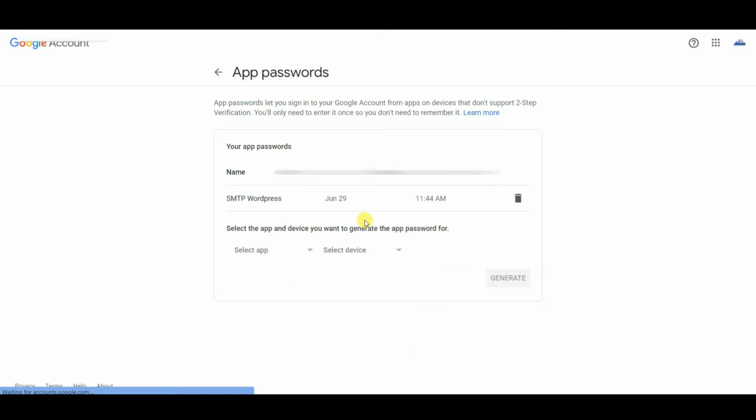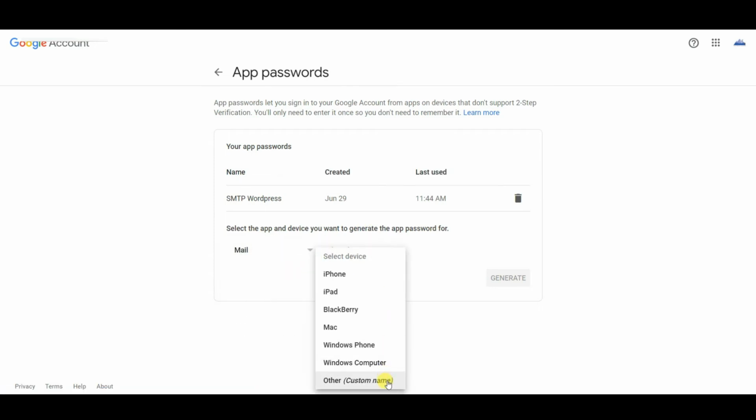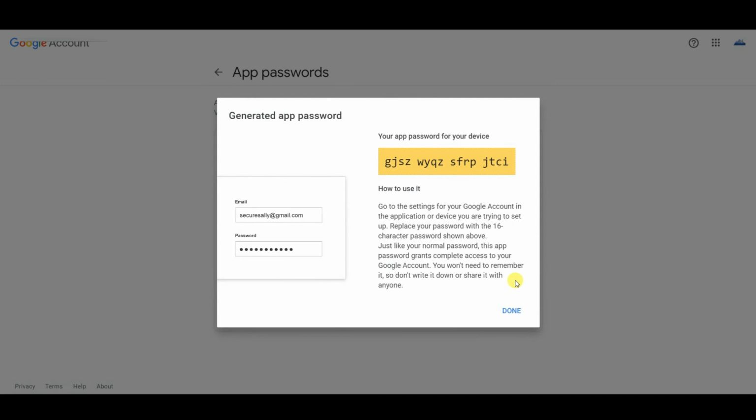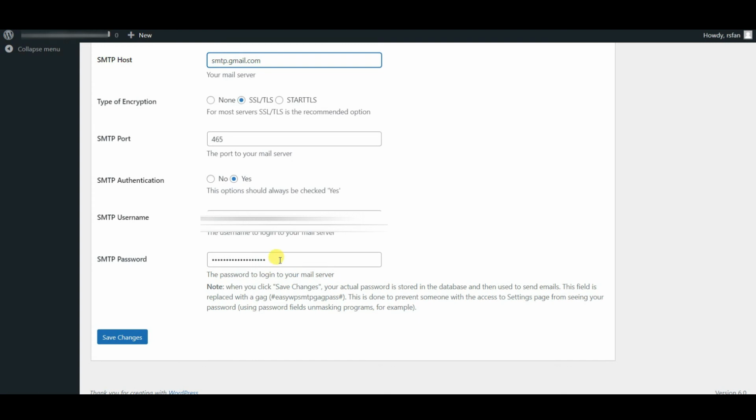Once you log in, it will ask you to select app, select mail, then select the service, custom. Give it a name, whatever, it doesn't matter. Click on generate, and that's it. This is how you generate this password. Just copy the password, Ctrl C, then go back here and paste the password here. Once you paste the password, the next step is